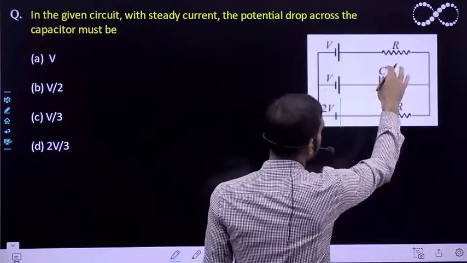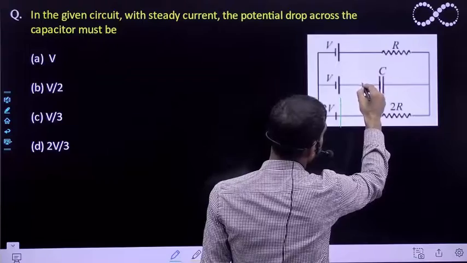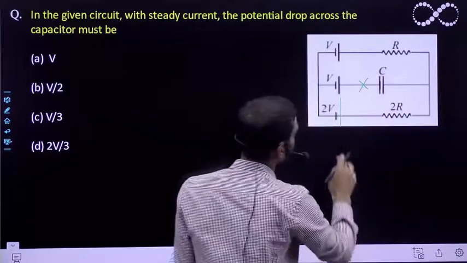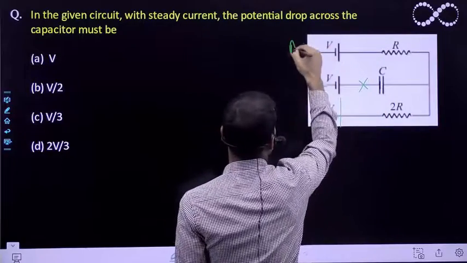सो व्हेन द कैपेसिटर इज फुली चार्ज, तो इसके अक्रॉस कोई करंट फ्लो नहीं करेगा, यानी कि नो करंट विल फ्लो अक्रॉस दिस। सो दिस ब्रांच विल बिकम ओपन सर्किट। ओके, सो द करंट सिर्फ आउटर वन में फ्लो करेगा ऑन एट स्टेडी स्टेट।